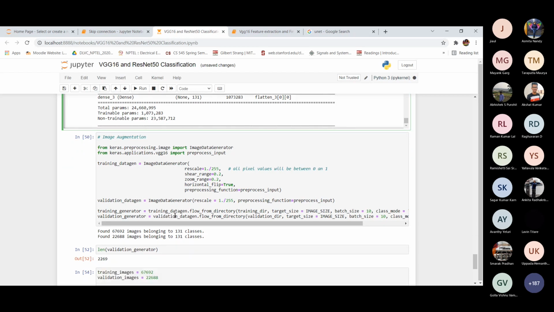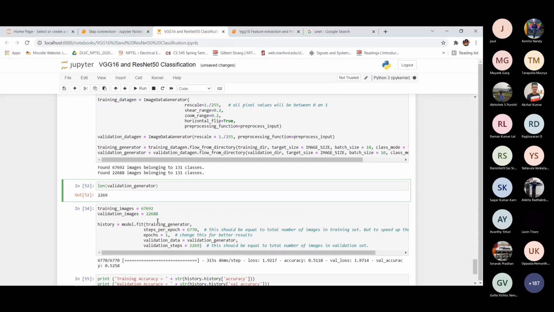Here we will get our training generator data and the validation generator we are going to use, meaning here we are getting the batches of data. So flow_from_directory will create the batches of data. Here we have a total of 22,688 images, and we will get 2,269 batches, because our batch size is 10.